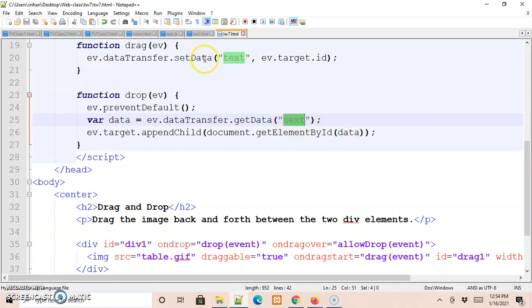So in the earlier case we had dragged, where we set the HTML element to be dragged, and now we are getting that particular data with the help of the getData method.